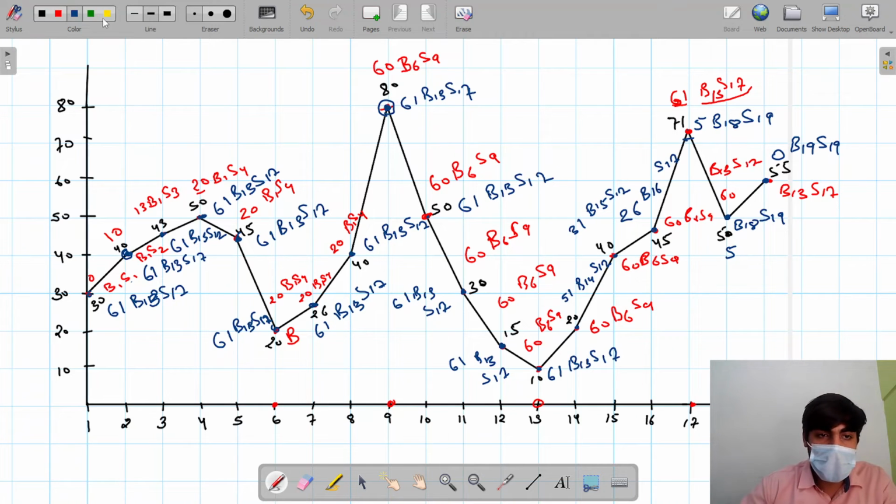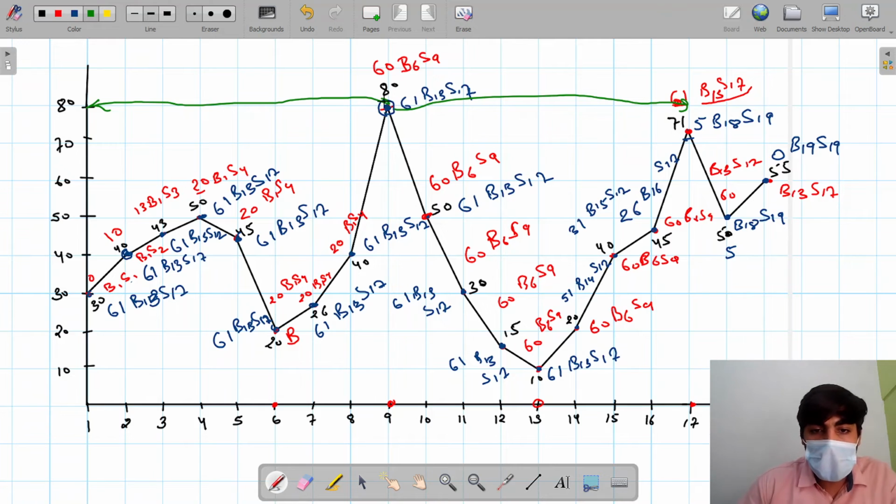Let's see at this point. Here you can see. For this one, we find out that if we sell today and buy in the past, on the day which has the lowest price of that stock, by using a time machine, we get maximum profit. And if we buy today and sell in future, by using a time machine, we get maximum profit. So we find out the maximum profit for that one.